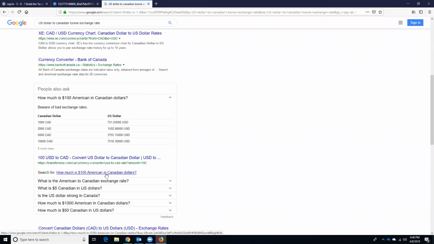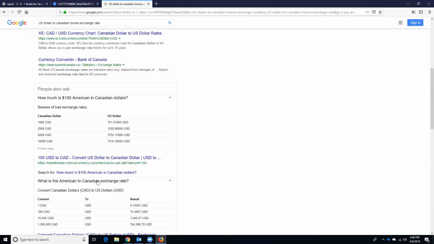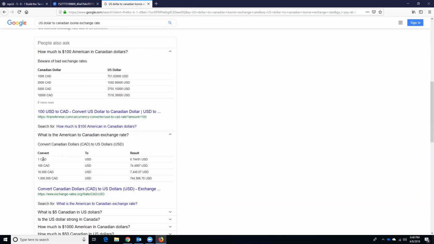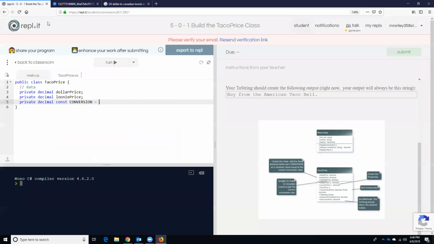It says that a Canadian dollar is 1,000 and the US dollar is 751.03. Beware of bad exchange rates. What's that mean? I just want to know this exchange rate. That looks much better. So right now it's 0.744. That ought to work. Now that creates all of the private data fields that I need for my taco price